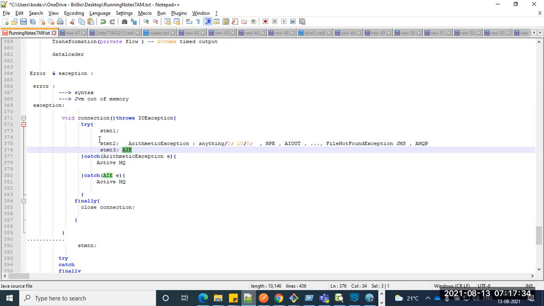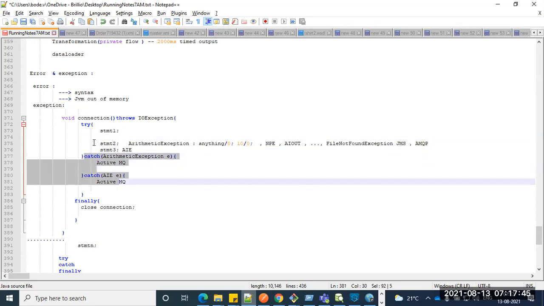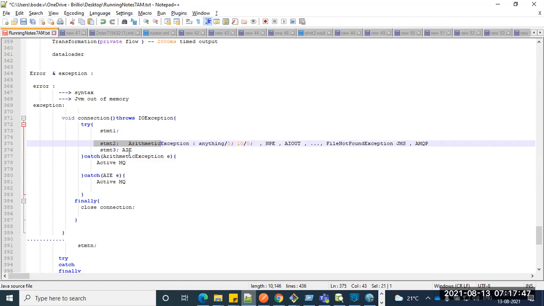But we don't know until we run the entire POC. Once you get to know, you keep multiple catch blocks accordingly: one for arithmetic exception handling, another for array index out of bound exception handling, like that. Or else, if you don't want that, we just put a single exception.